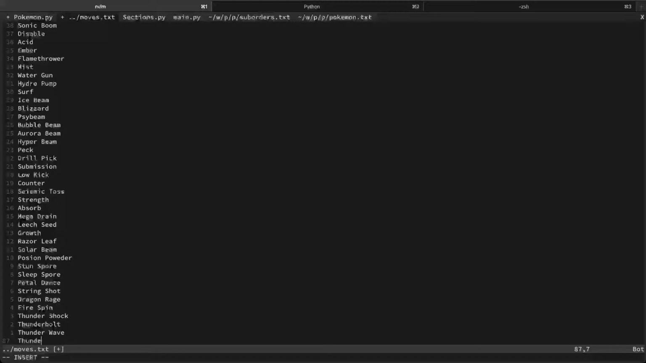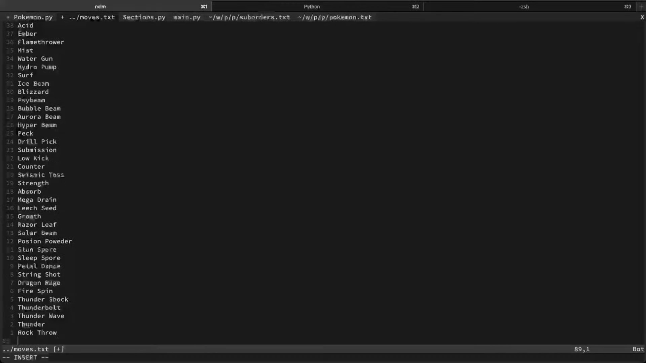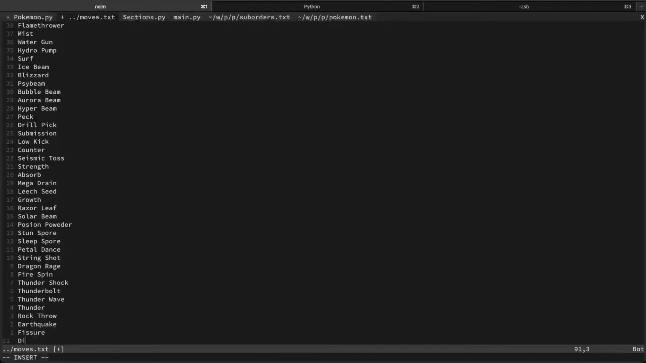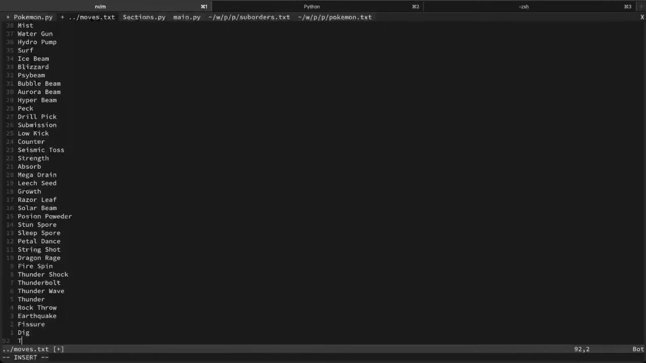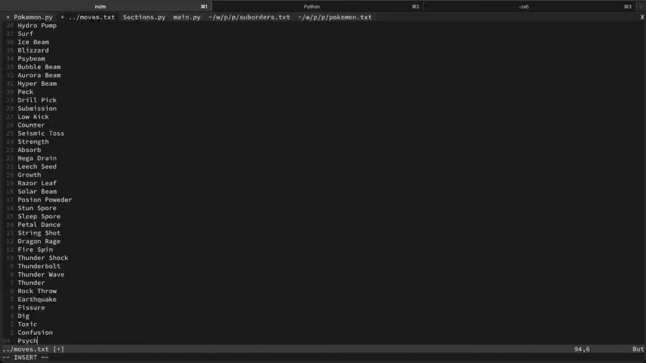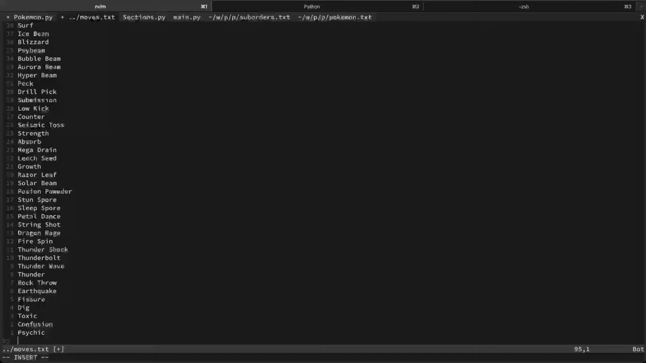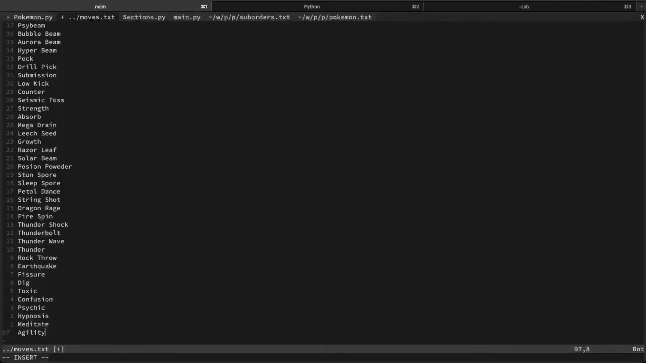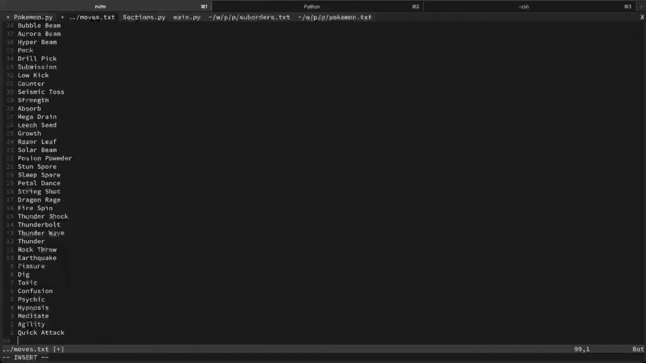There's quite a few Thunders. Rock Throw, Earthquake, Fissure, Dig, Toxic, Confusion, Psychic, Hypnosis, Meditate, Agility, Quick Attack, Rage,